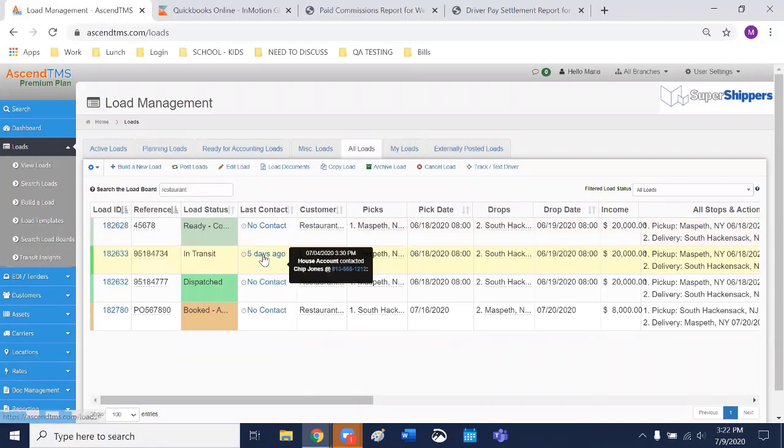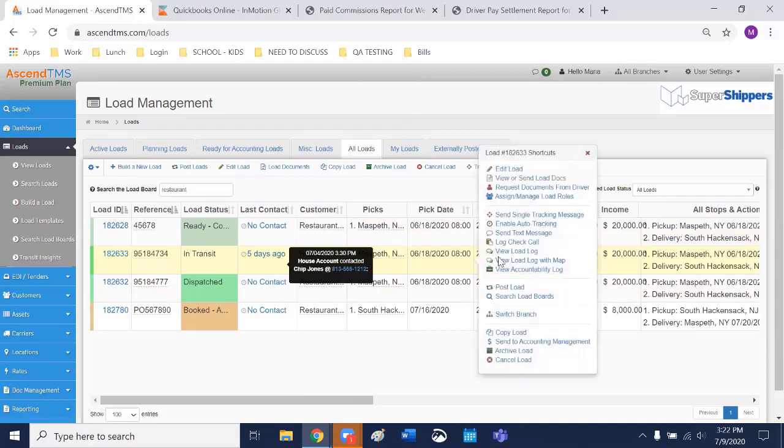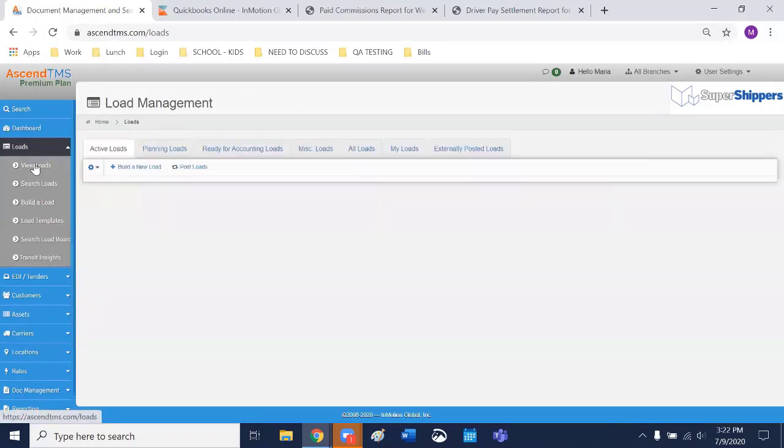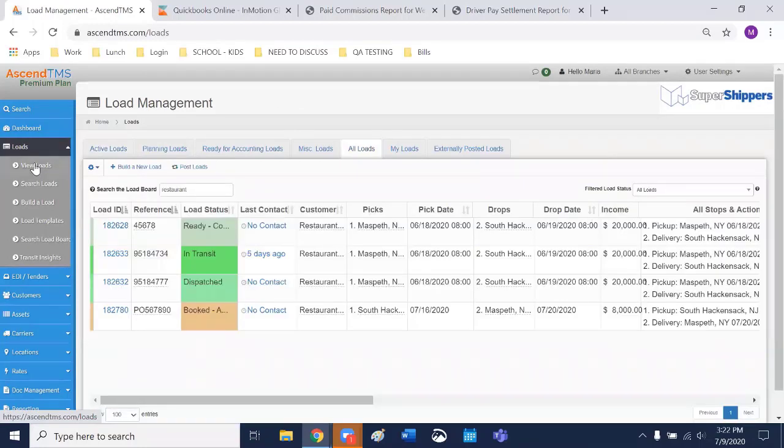You'll see that you've received something, like this one says we contacted Chip, but when he responds, it'll say Chip responded or whatever it is. And what's even cooler is it'll automatically show up in your documents. I don't have one to show you, but it'll show up as a document and say uploaded source. I understand. Yeah.